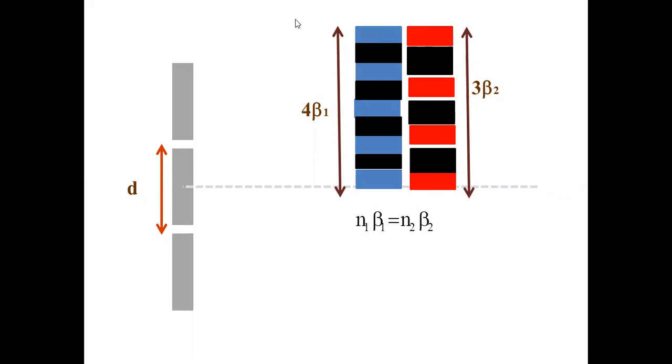This is the 8th fringe of blue and the 6th fringe of red. Again they coincide. Sir, my friend's footsteps and mine coincided at 3 feet and 4 steps. I walked 4 steps, 0.75, 0.75, 0.75, 0.75, it is 3 feet. My friend took only 3 steps to cover 3 feet, but our steps coincided.